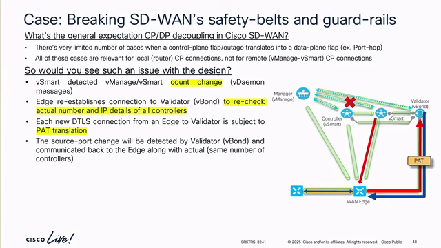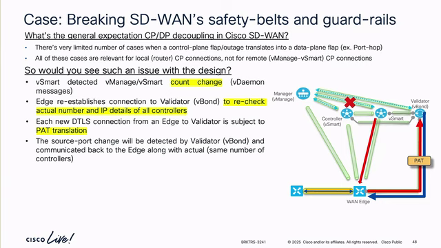But because it happens for all devices, because vSmart is connected to all devices, it really flaps all the data plane tunnels together. Just because vSmart tells us, okay, I have a different number of vManage connected. Please go to vBond. And whenever we go to vBond, vBond tells us, okay, something changed on your side as well. Please